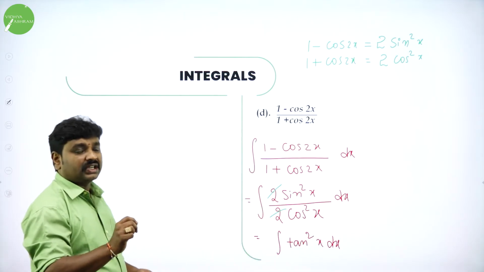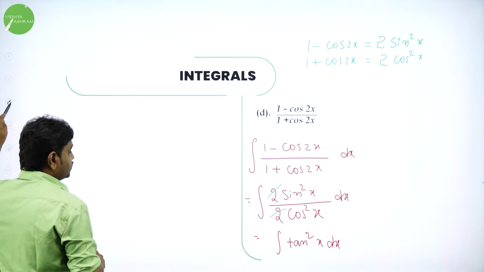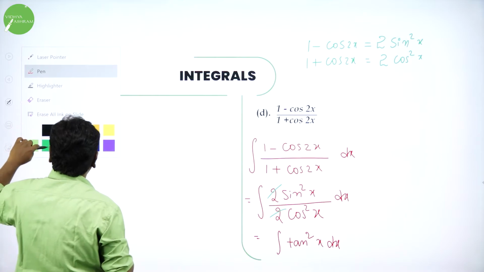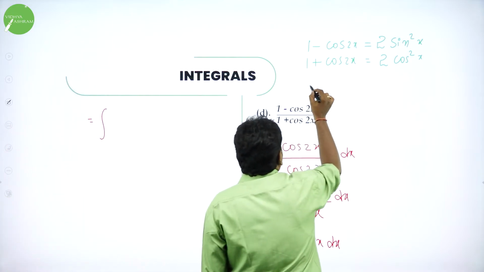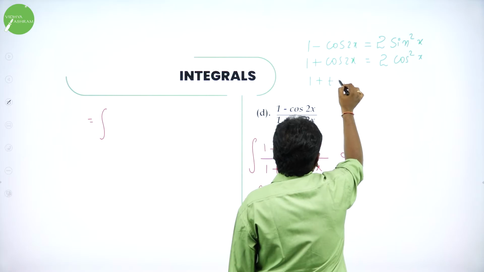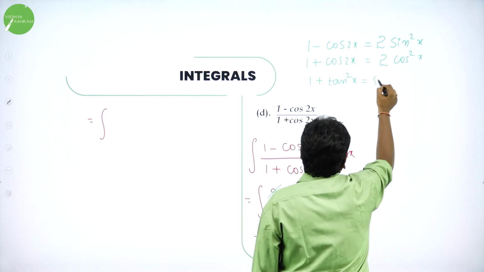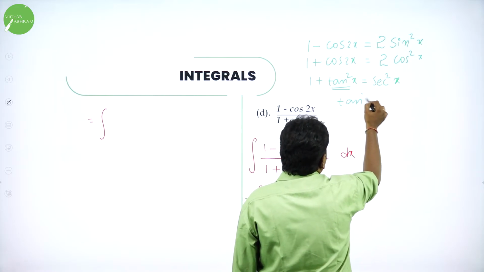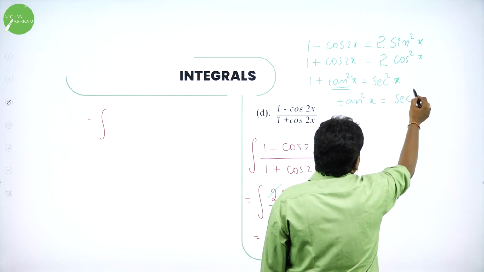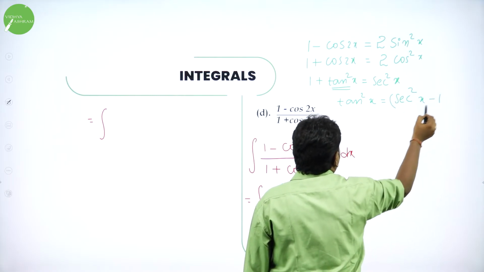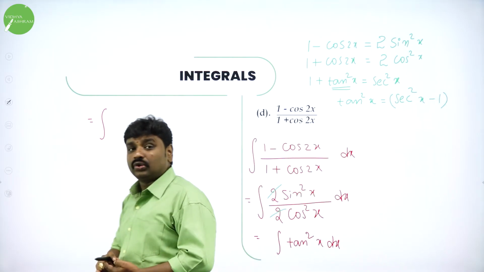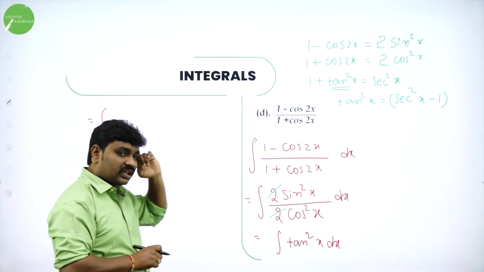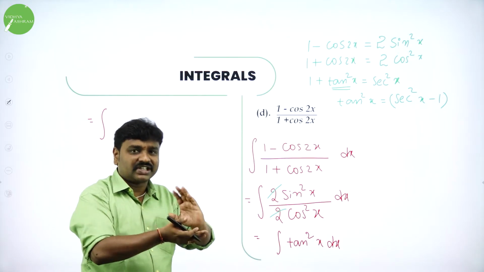You know 1 plus tan square theta can be written as secant square theta. So again we should know the identity. What is the important formula you should know? 1 plus tan square x is secant square x. Wherever you get tan square x, transfer 1 to that side. So tan square x can be written as secant square x minus 1. We cannot integrate tan square x directly, but we can write it as secant square x minus 1, and you have a formula for secant square x. So that's why become thorough with the formulae. In the formula list we have secant square, but we don't have tan square. So convert tan square to secant square.